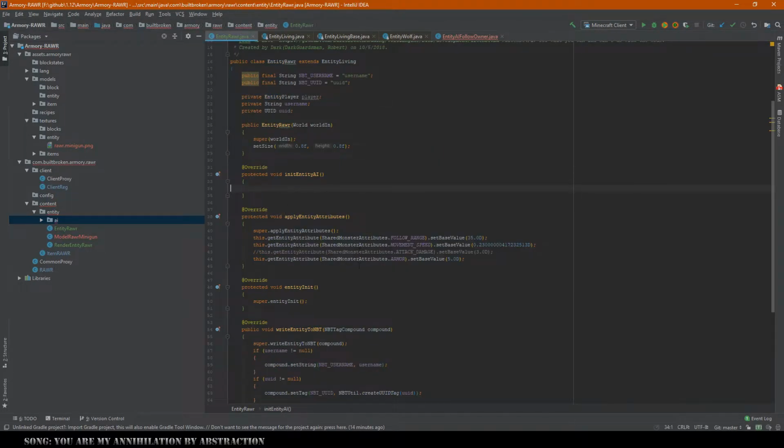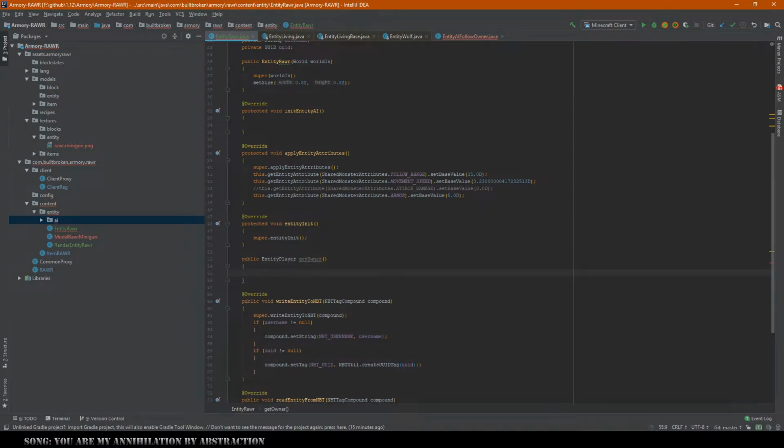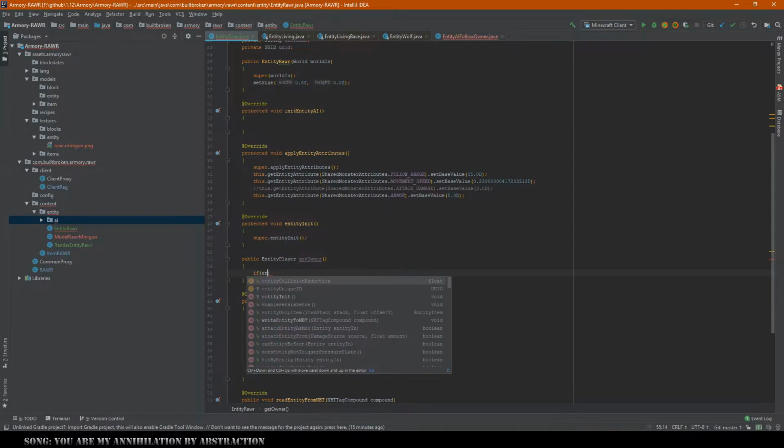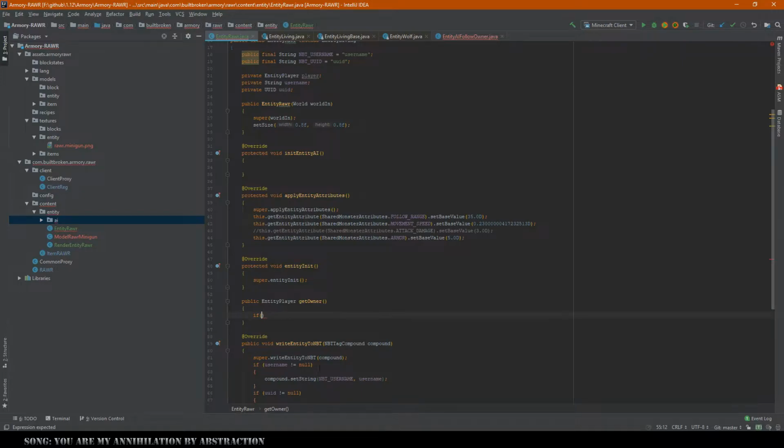Oh well, let's go back to what we're doing. So go ahead and make a public entity player get owner. So you want a get owner method, and this one's going to be pretty simple. It's like, do we have it? What do we call it up here? We called it player. I'm going to change this to owner,